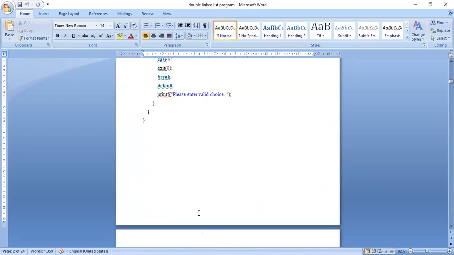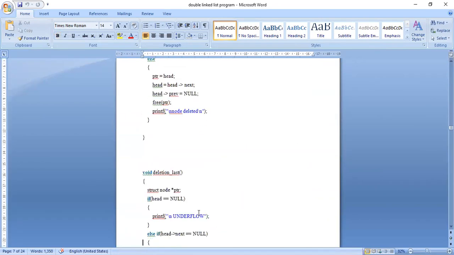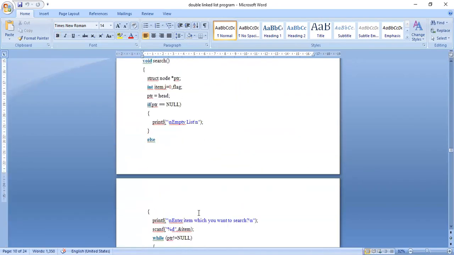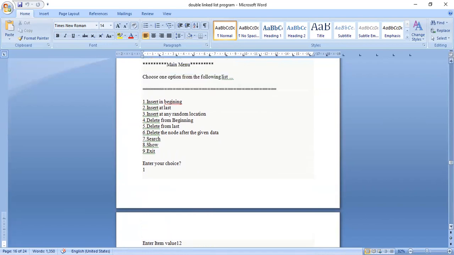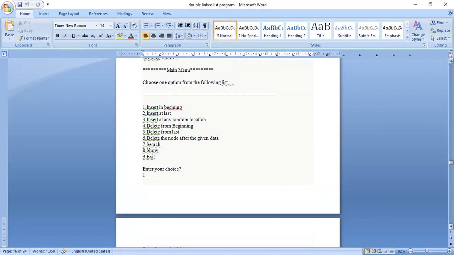Okay, you can see here the menu. Insert at beginning. So that print will be like this. Choose the option from the following list.